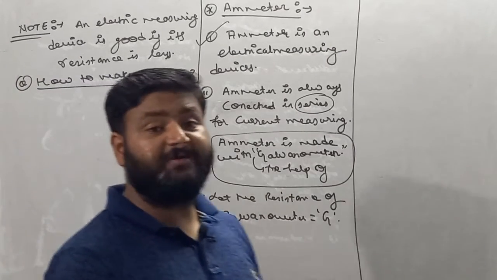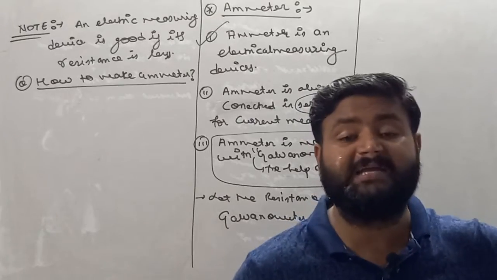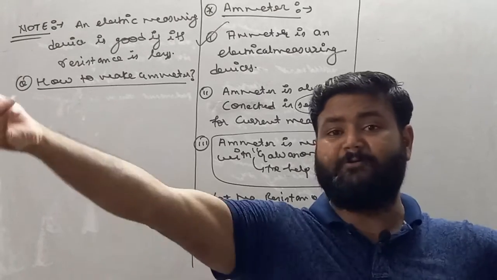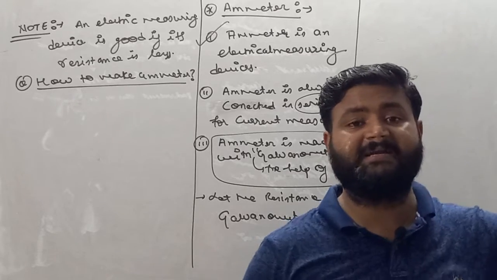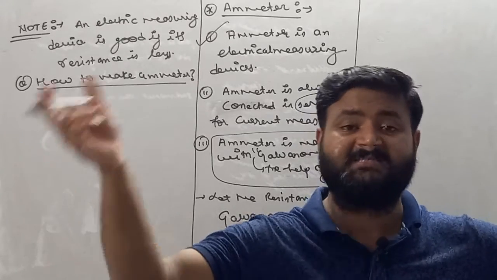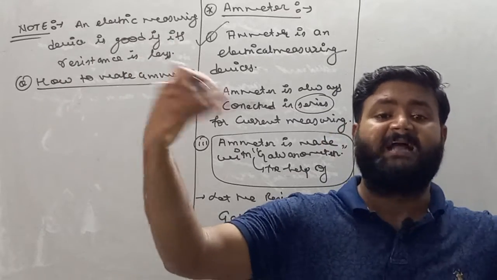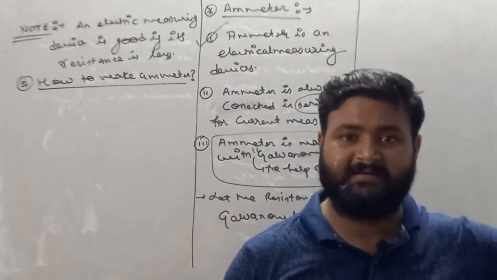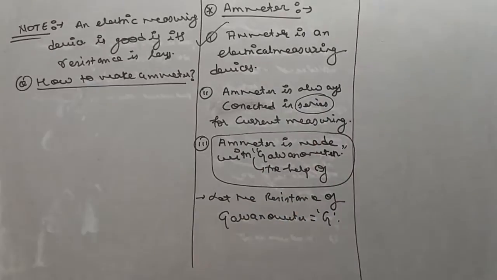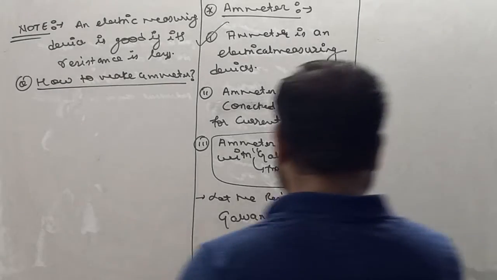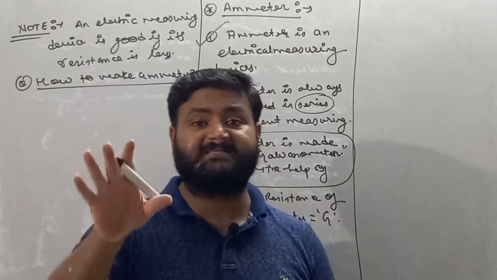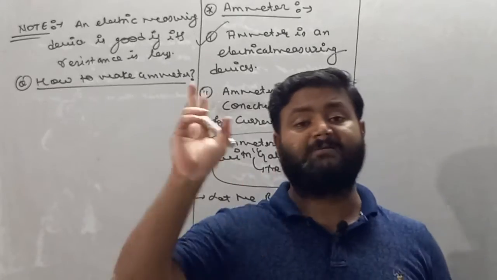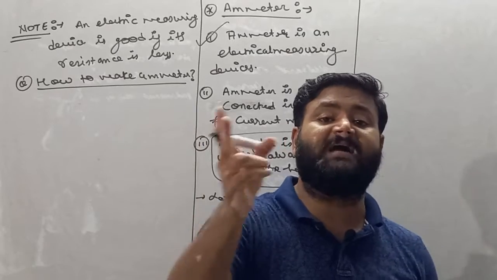See, why are you rejecting galvanometer? Due to its very high resistance. If galvanometer is used as current measuring device, due to its own very high resistance, the net resistance of the circuit increases and hence current flowing in the circuit decreases. So galvanometer cannot give the accurate reading. Now I am saying that with the help of galvanometer, we are making ammeter. So if I am making ammeter with the help of galvanometer, then the resistance of galvanometer must decrease by some process. Then only the ammeter made with the help of galvanometer gives you accurate reading.